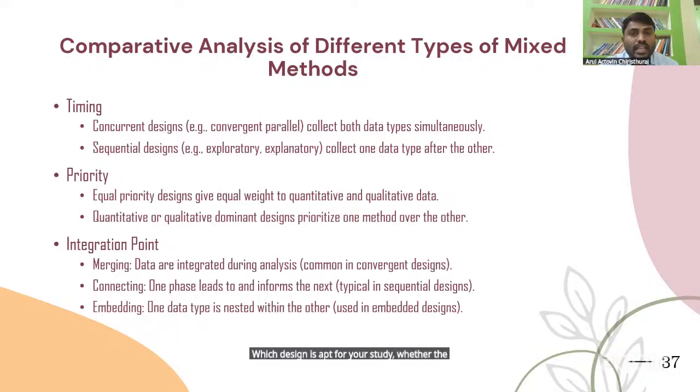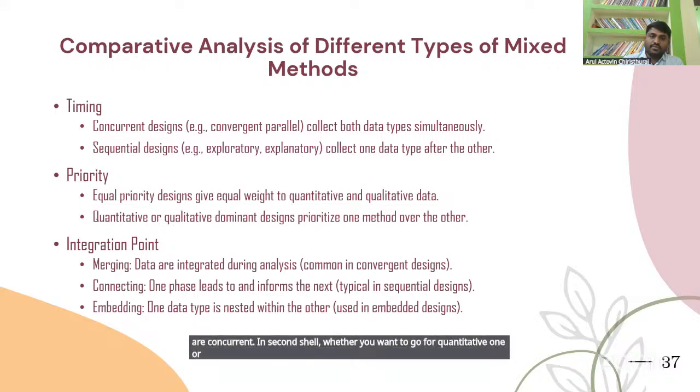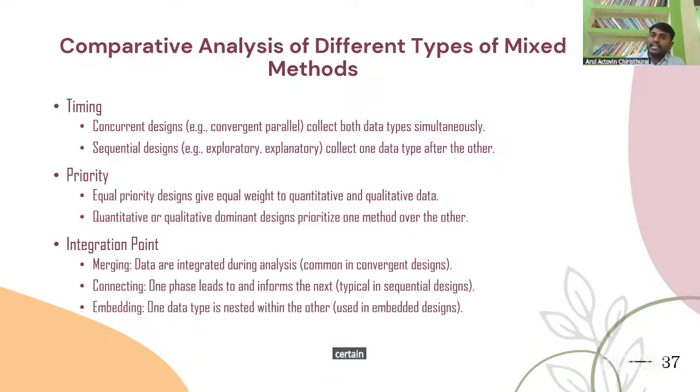Whether sequential or concurrent. In sequential, whether we want to go for the quantitative one or the qualitative one depends on that. When you come to explanatory, certain results may have an unexpected outcome, and the clarification will be given through the qualitative study.